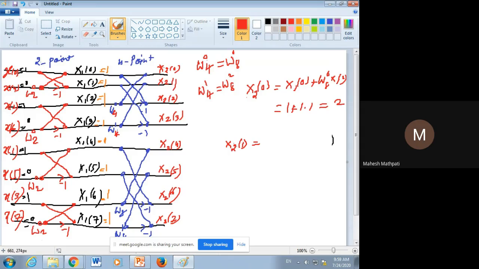ठीक है? So x2 of 1 is equals to, what I will write? x2 of 1 equals to,